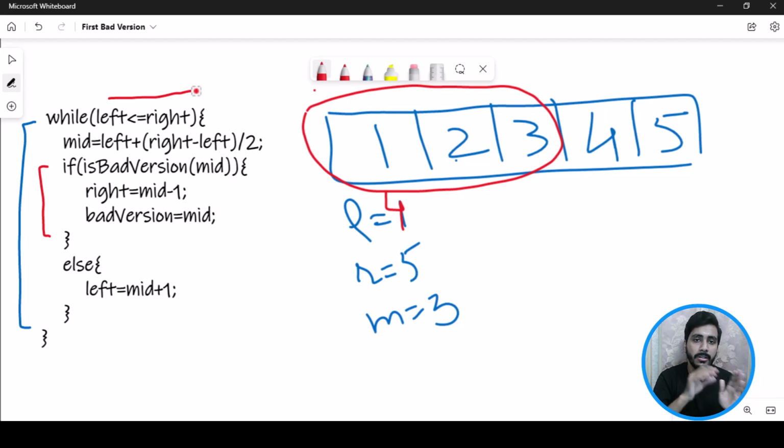So in our situation, if a version is bad, all the versions after it will be bad. If a version is not bad, it means all the versions before it are also not bad. Okay, so left is 4 and 5, so it will again go to the while condition. As left is less than or equal to right, it will again move to checking the